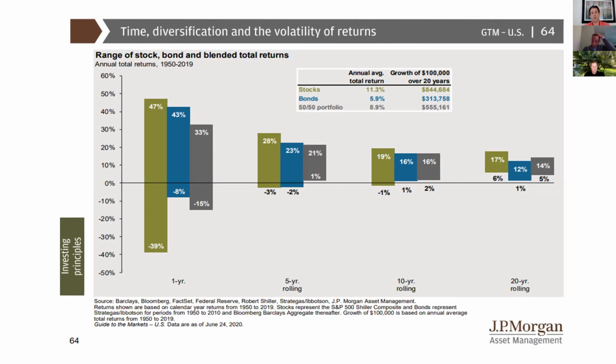And then if we go to the blue bar, that's a pure bond portfolio, right? So a narrower range of outcomes, but a lower return over the long term. And then a 50-50 portfolio actually shows, starting in the 5-year rolling periods, you never had a negative annualized return over any of those time periods, and then it just gets better as you go further out. So the longer your time frame, the better your odds are of making money, and it actually increases significantly as you go to longer and longer time periods.